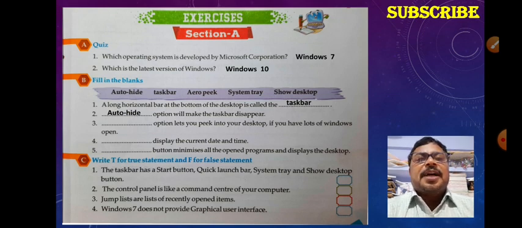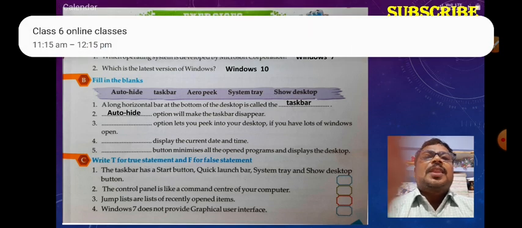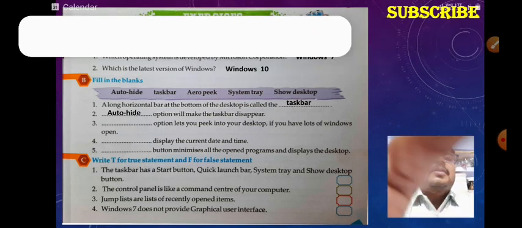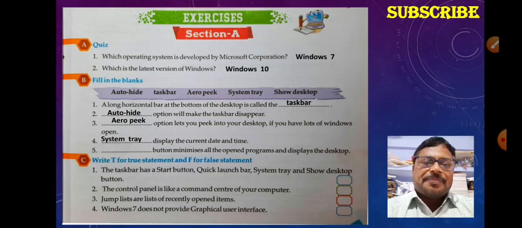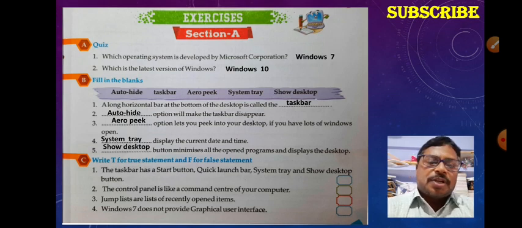Third: the dash option lets you peek into your desktop if you have lots of windows open, that will be arrow peek. Fourth: dash displays the current date and time, that is system tray. And the last, question number 5: dash button minimizes all the opened programs displayed on the desktop, that is show desktop.